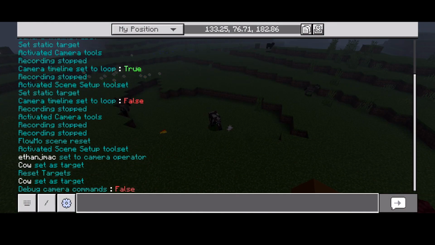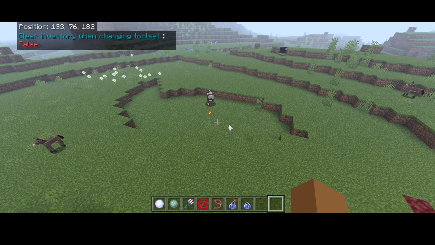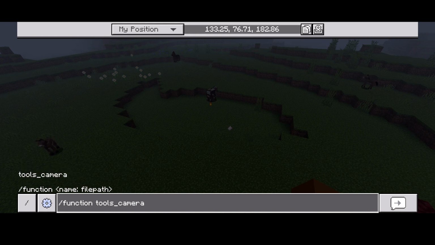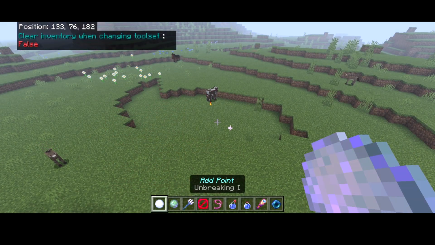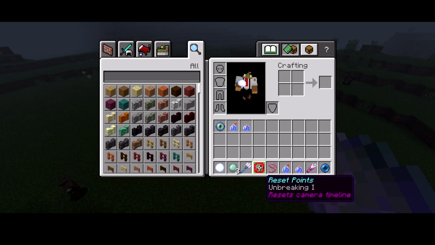So the second option was function opt tools clear, and both of these additional options are a bit more nuanced, but again, for those more nuanced situations, these exist. So for whatever reason you don't want your inventory to be cleared when switching tool sets, this is what this is for. So that just means that when I switch to a new tool set, let's say I want the